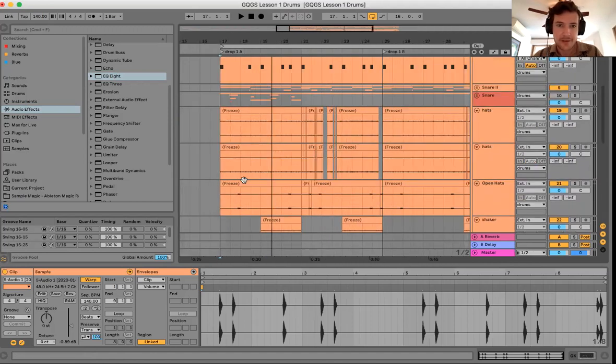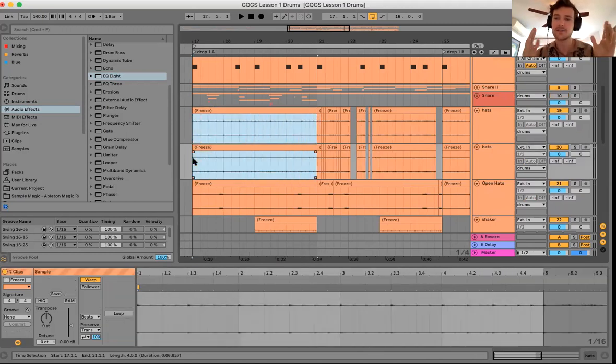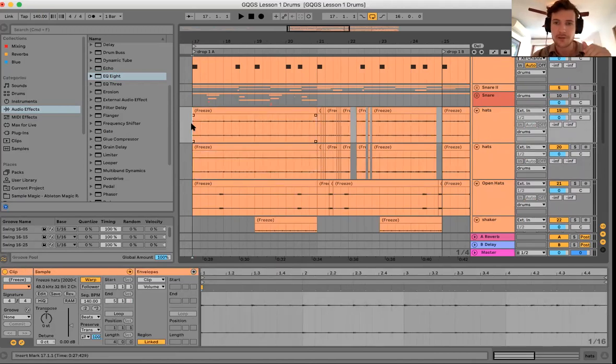Now, the hat player is a fun instrument that you can use to make these kinds of tedious, boring hats, even though they're wide and even though they're slightly detuned from one another and slightly pitching around and doing all those different things with velocity so that they sound interesting. The hat player is a great way to get your hats to move even more, and this is used so